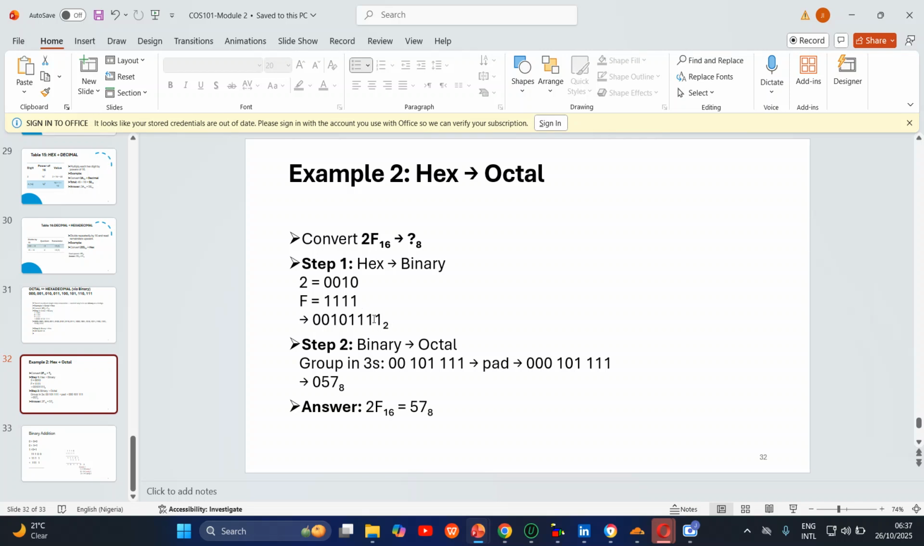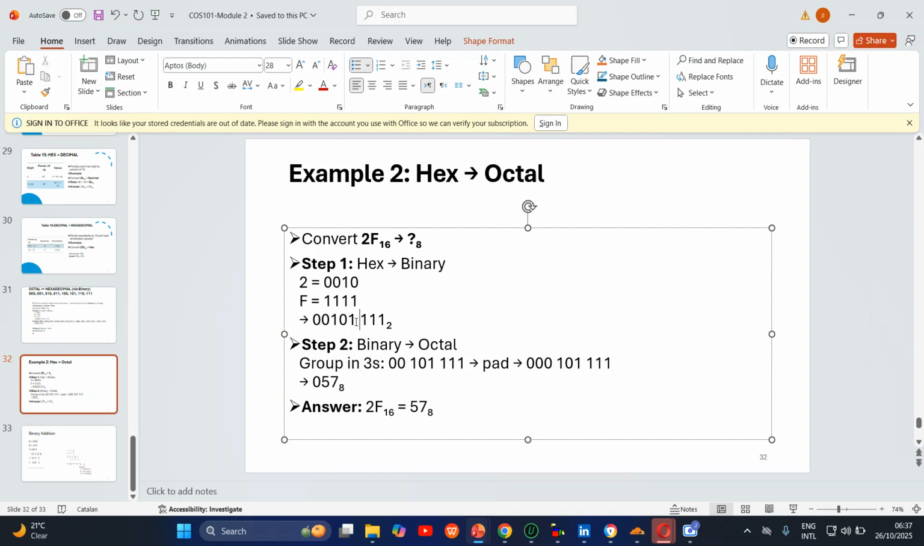Now if you're grouping them into three places, we're left with extra digits, so we add 0 to the left-hand side. Now it's 000 101 111, and that's what we have here, right? So 000 is 0, our 101 is 5 and 111 is 7. So our 2F base 16 is equal to